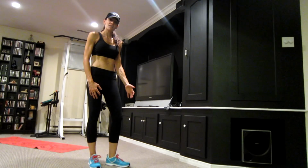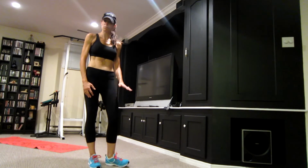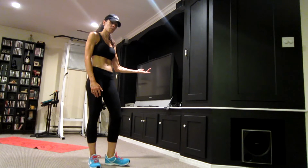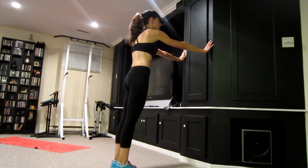So if you're a complete beginner, totally new to exercise, or maybe you have an injury that's keeping you from doing push-ups down on the floor, you could do standing push-ups. There's lots of different variations you can do for those. The first one would be here against the wall. You'll basically stand arm distance away,